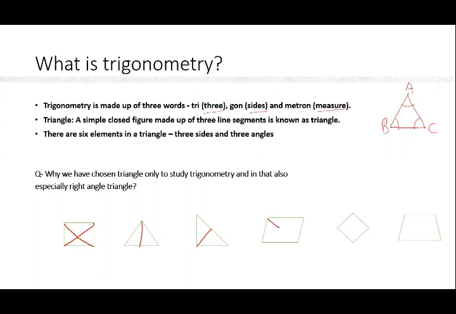If you divide this figure into two parts or more than two parts, every time you can see that each part is a triangle. If you divide this figure into more parts, you can find the shape of each part is a triangle. Similarly, you can see here also, if you divide this figure, then each part is a triangle.